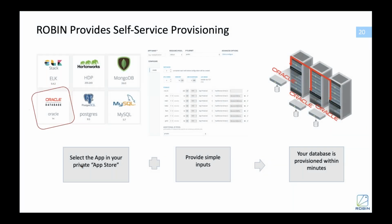So if you look at the self-service provisioning, what you see on the left side is how it looks. Robin is not defined just for Oracle as such. You can essentially deploy any customized application, right? So what you see is a kind of app store experience. If you click on Oracle, it renders a page with a set of predefined values and user inputs. The page you see here is essentially rendered from an application package or application definition manifest we call a bundle,